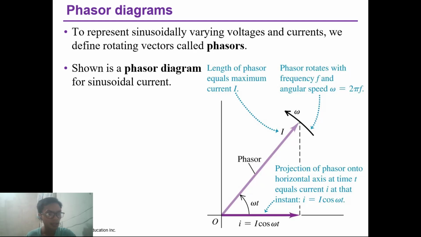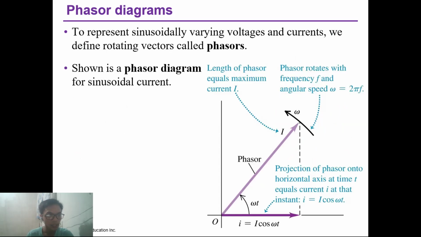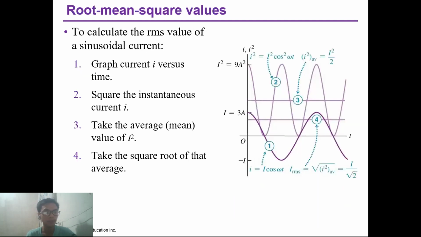So phasors, again, are rotating vectors that represent sinusoidal quantities. Imagine a vector rotating at angular frequency. Its projection on the vertical axis gives the instantaneous value of voltage or current. Phasors simplify analysis by turning differential equations into algebra. So you can draw a phasor in your notebook and kindly rotate it. Based on your observation, what does its vertical projection look like?